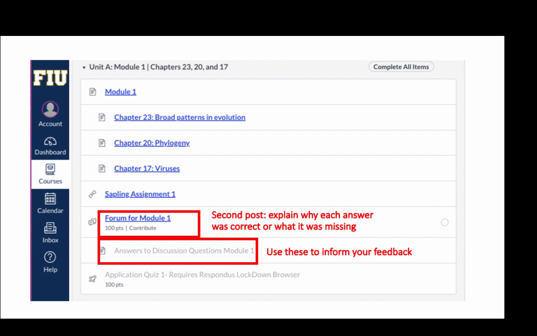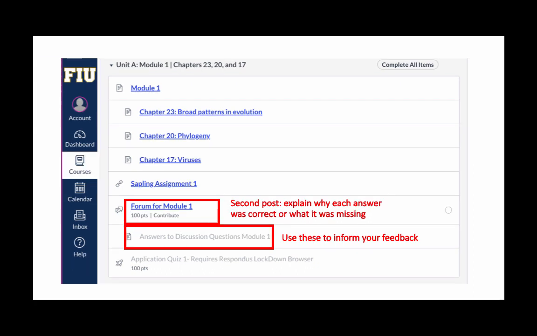So you can say, I did not include what the function of photosystem 2 is in the process, and now I know that photosystem 2 is the one that uses the energy from light to take an electron from water. If you just say, oh, my answer is not correct because I didn't have enough detail, that is a vague answer. You have to be very specific. So you do your first post, then you look at the correct answers I posted, and then you do your second post.